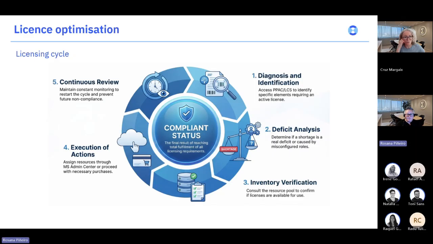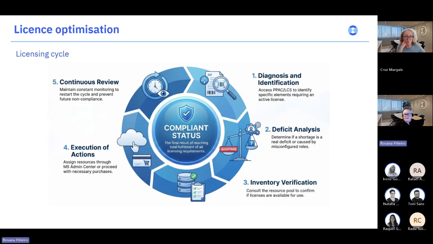So once we do have those entry points and we know what the users are actually accessing, we need to go to our next stage, which is basically assigning the licenses that we've already determined the users need. So we'll go to our resource pool, check the licenses available, and do those assignments. In case we do not have those licenses available, we will purchase those licenses and assign them to the users. The final step of the cycle is the compliance status.